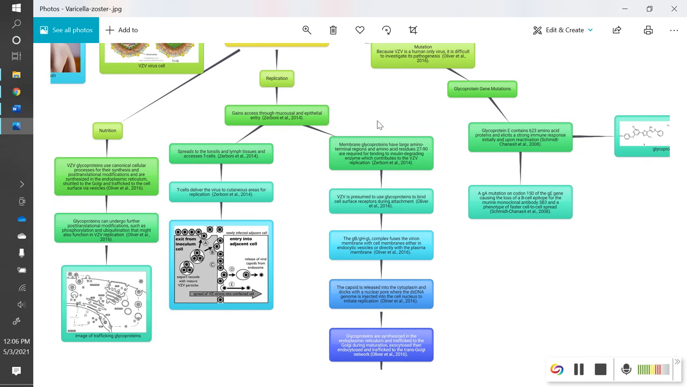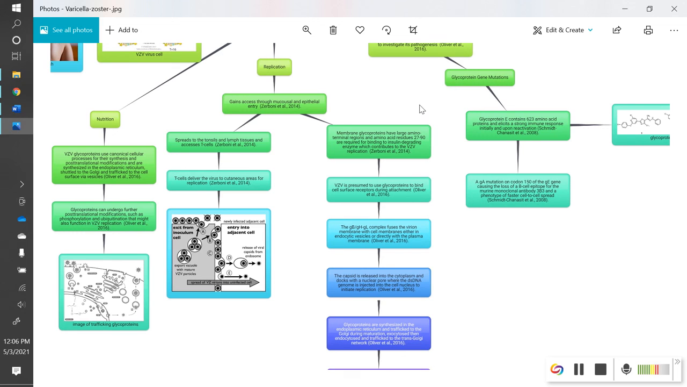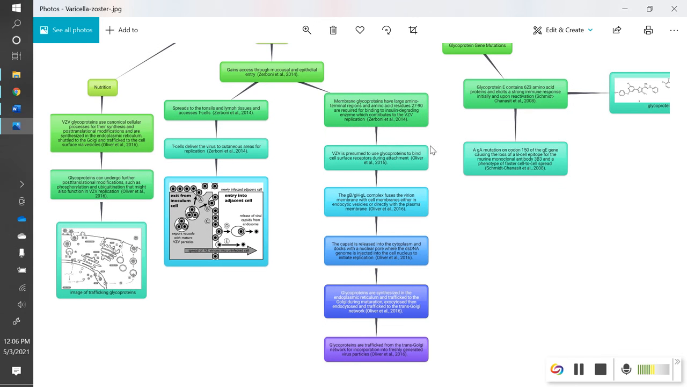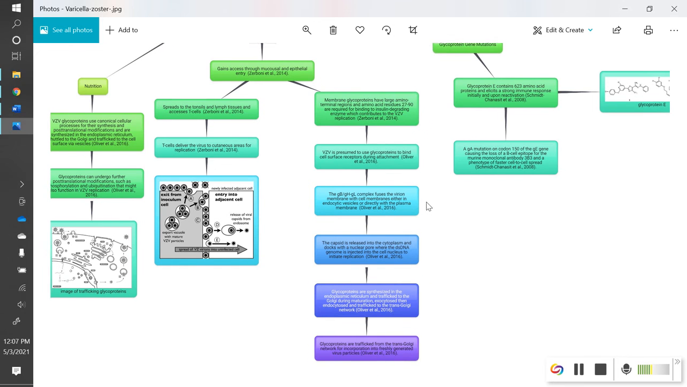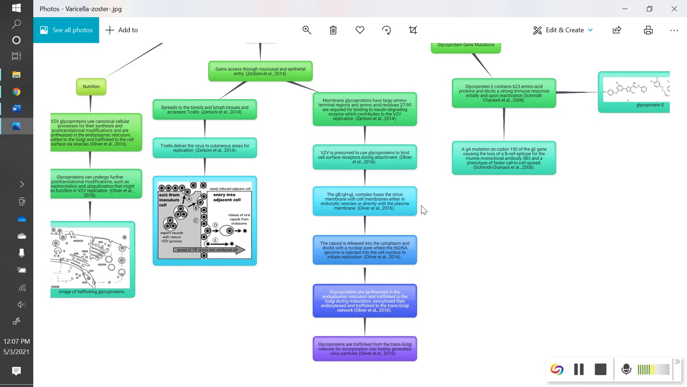This here is a very scientific way of explaining how they replicate. Membrane glycoproteins have large terminal regions, and this enzyme in the VZV contributes to the replication. It's presumed that glycoproteins bind to the cell surface receptors during the attachment. Then the GB complex, which is the glycoprotein B complex, fuses to the virion membrane, which is the virus membrane, and